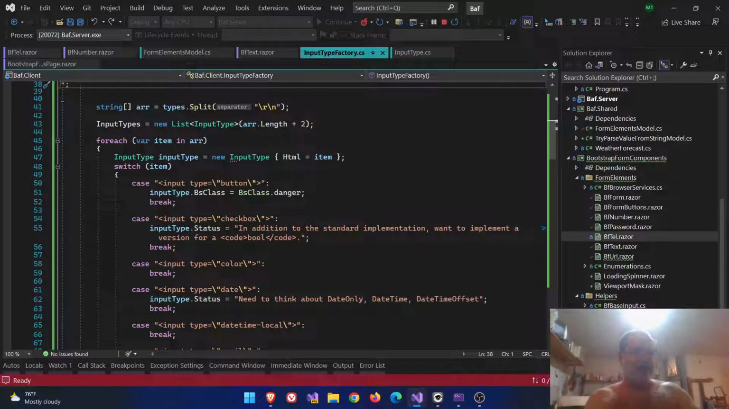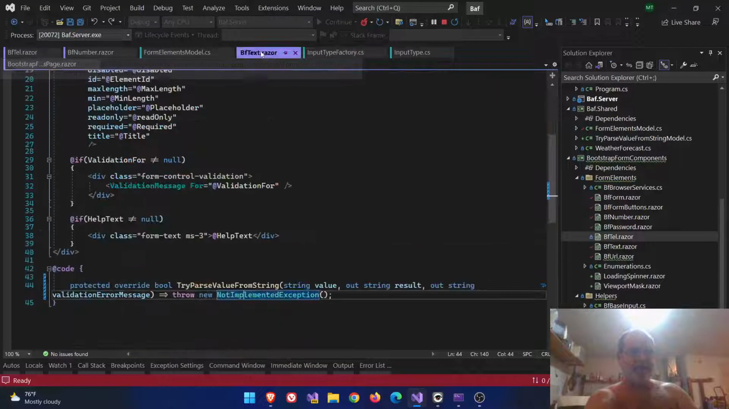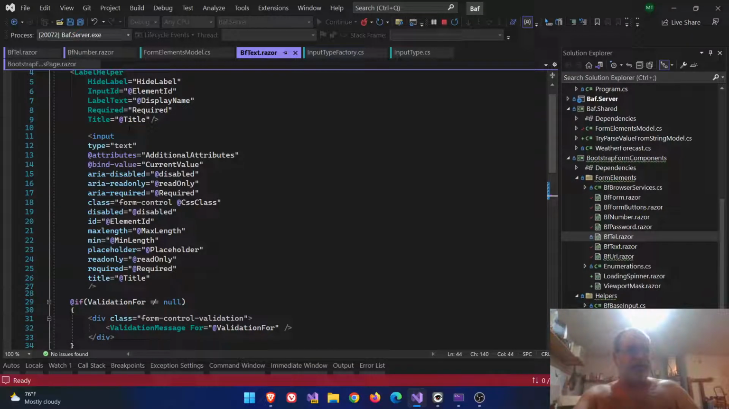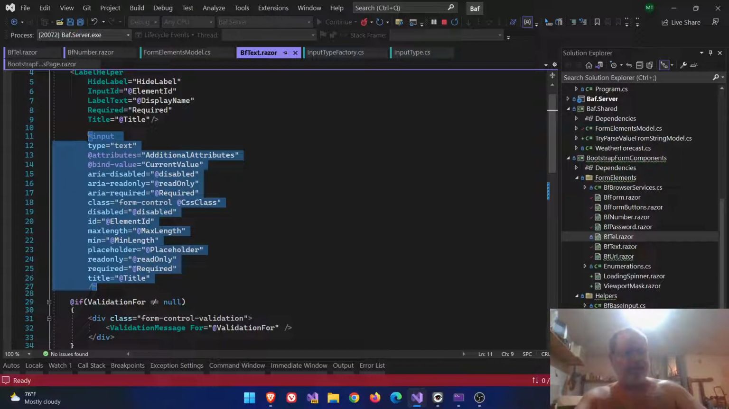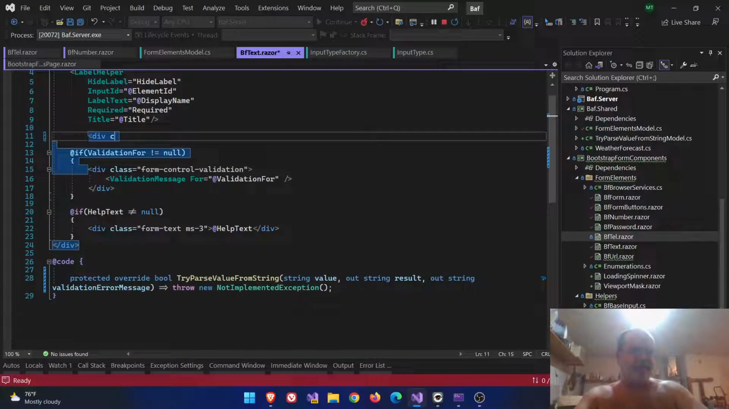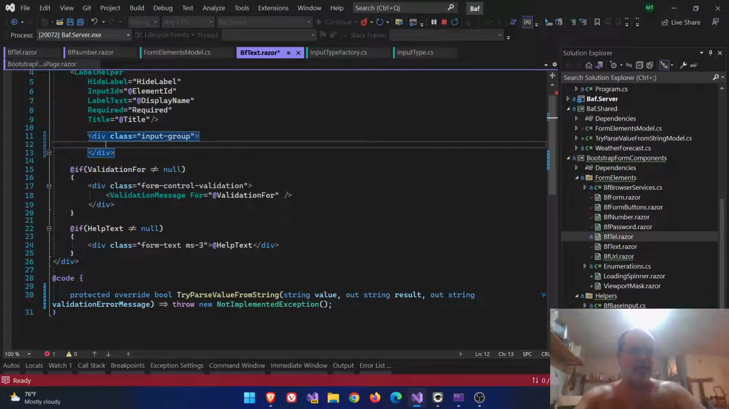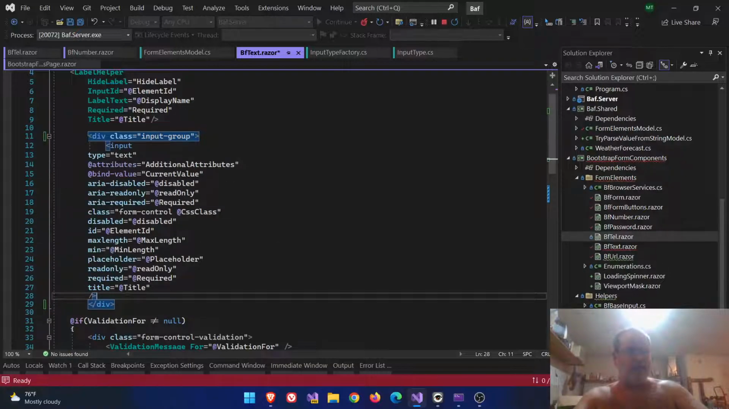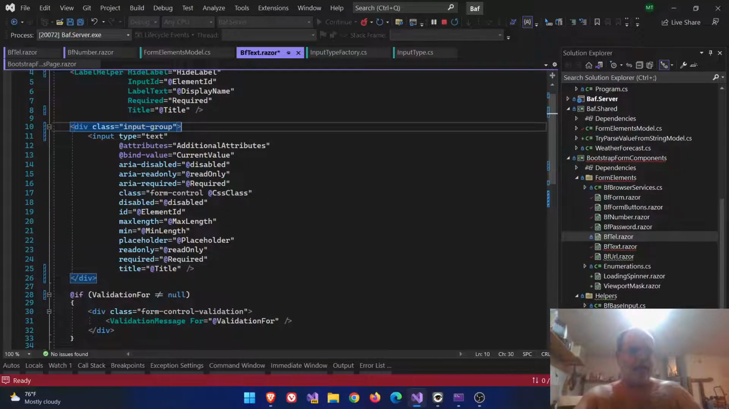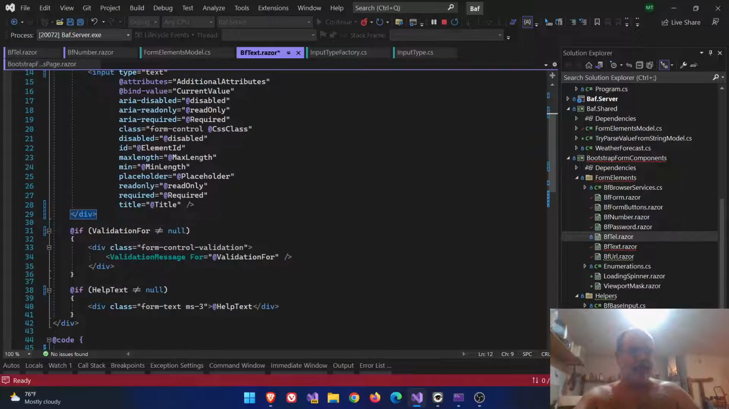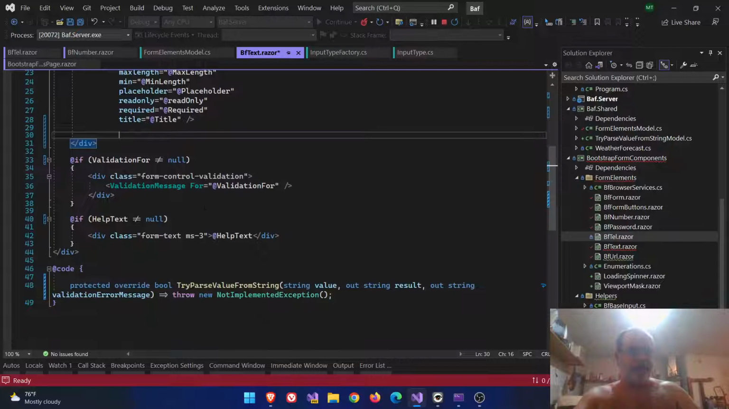So let us go, and I'm going to do this on all of them, but I'm just going to do it on BF text for the video. And then I'll go through the other ones to put other add-ons in there. So we're going to want to take this and wrap it in div class equals input group. And then we'll do